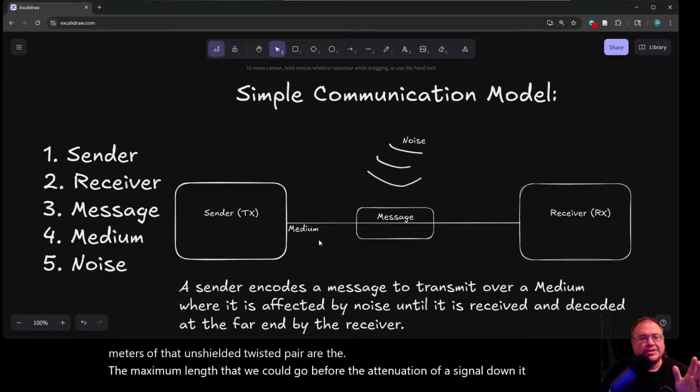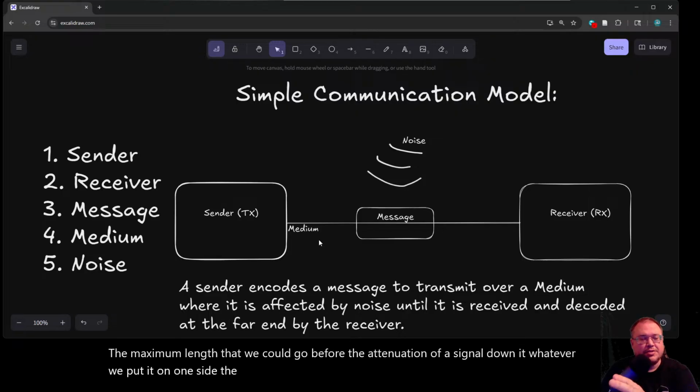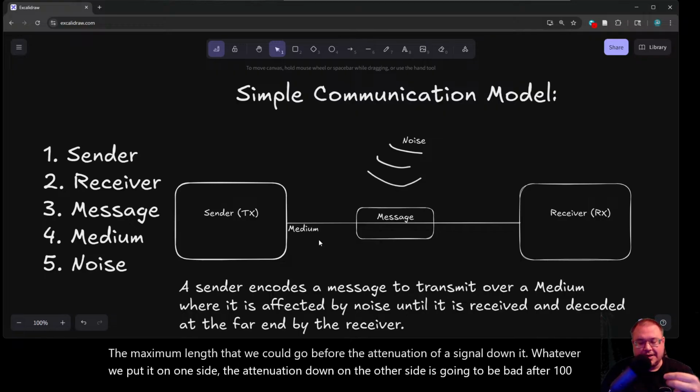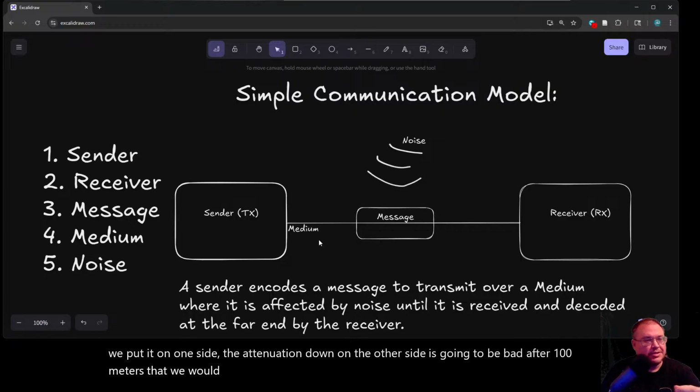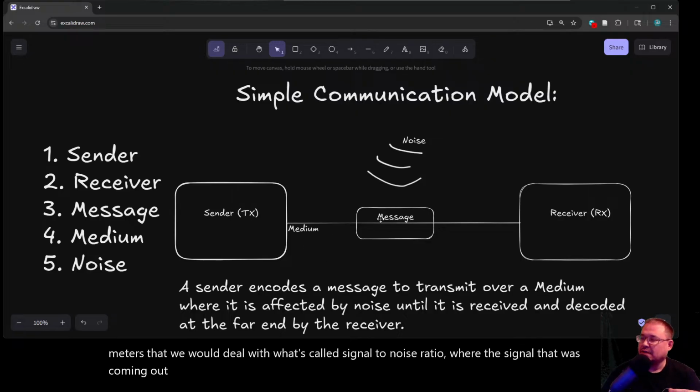Whatever we put in on one side, the attenuation on the other side is going to be bad after 100 meters. We would deal with what's called signal to noise ratio, where the signal coming out, the message, has weakened so that the SNR is too high for the far end to be able to decode.